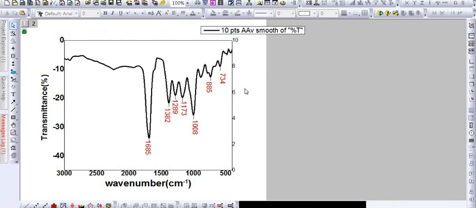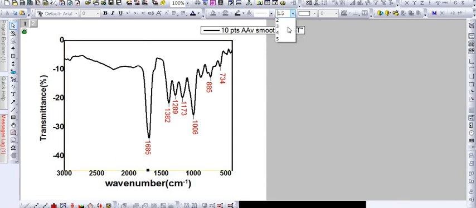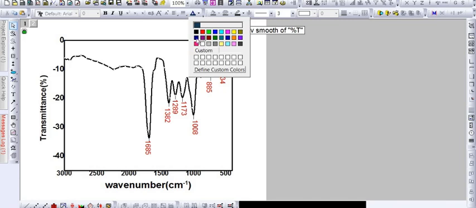I'm just clicking and deleting because we don't need any axis detail on these sides, and then simply click and increase the thickness. So this is how your transmittance data looks. If you want, you can change the color also,